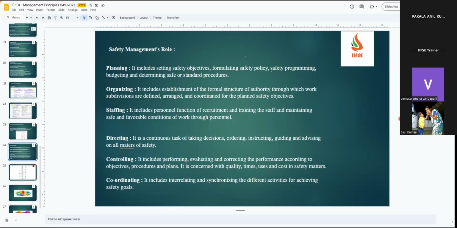So basically we can say prevention, or some organizations will clearly mention zero reportable accidents or zero reportable incidents. So there is a chance of that happening. When you say reportable, it basically means that after an accident, within 48 hours he is not able to join back to his duty.